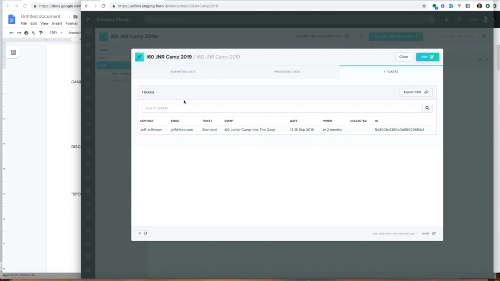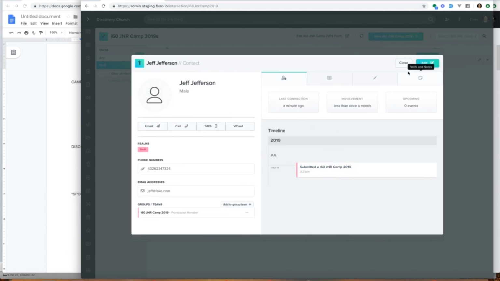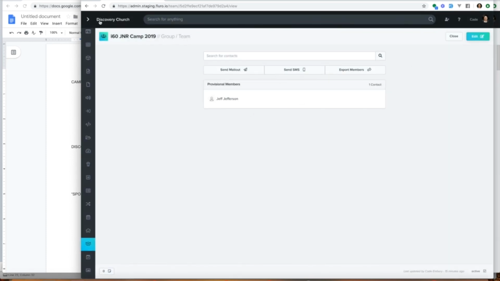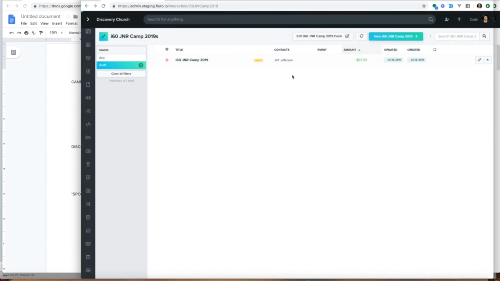But basically what you have is you've got the person. So if I click the person, I can see their profile and I'll be able to see that they registered and bought a ticket for the camp. They've been put into the group. So we've also got that group. I think that's changed behind me. They're now a member of that group. And also in here, we've got